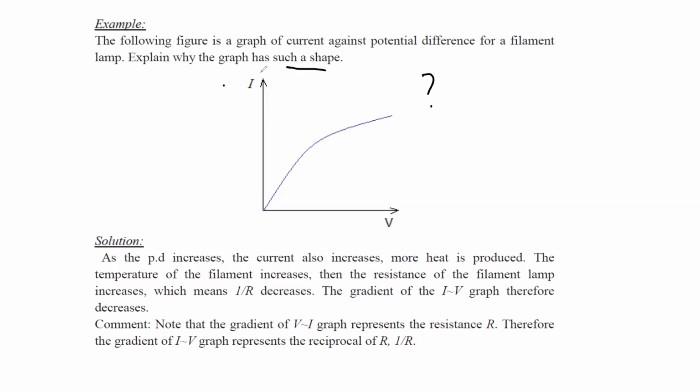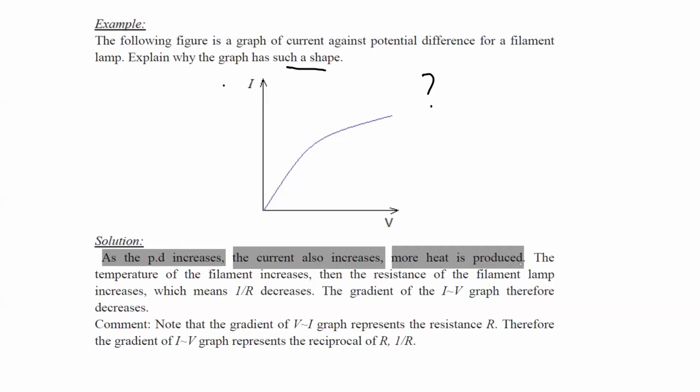So as you can see, this is a structured answer because it will never change irrespective of what scenario they give in the question. As we increase the potential difference, what will happen? The current will also increase. When the current increases, it produces more heat energy because current has three effects: heating effect, magnetic effect, as well as chemical effect. So whenever there is a current through the wire or through a component or device, it always produces